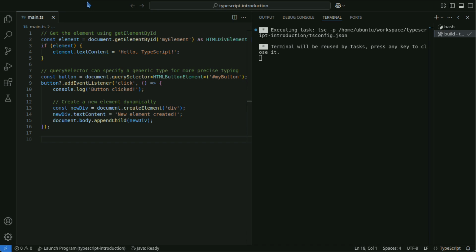To actually run the code, you need to do so within an HTML document. In this video, we are only confirming that there are no compilation errors.